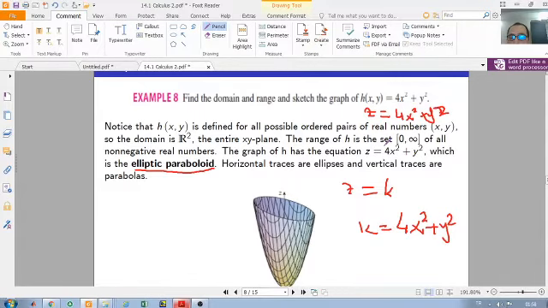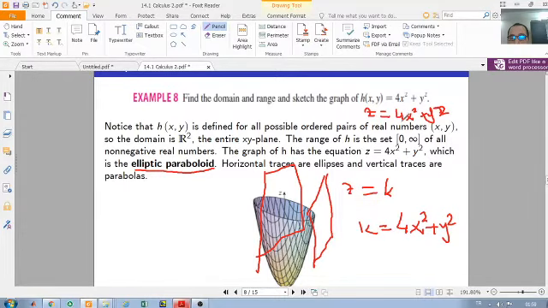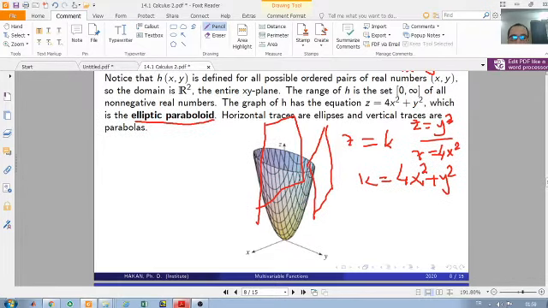By writing any constant for x or y, namely we cut the surface with a vertical plane, we find the vertical traces. This is the first type, this is the second type. The first type can be obtained by writing any constant for y, and this one can be obtained by writing any number for the variable x. So when we write 0 for x, we get z is equal to y squared. You know this is a parabola. When we write 0 for y, we get z is equal to 4x squared, which is another type of parabola. Therefore, the vertical traces are parabolas like this,